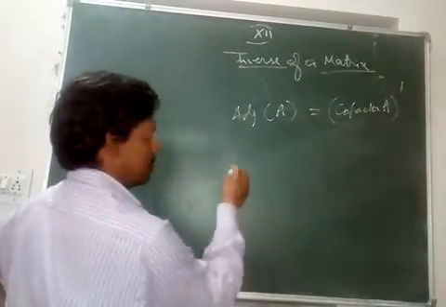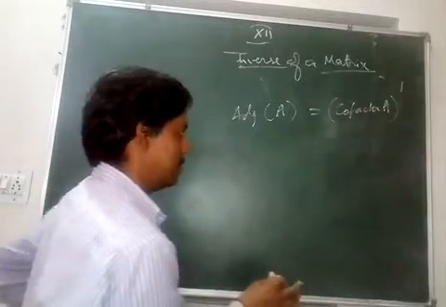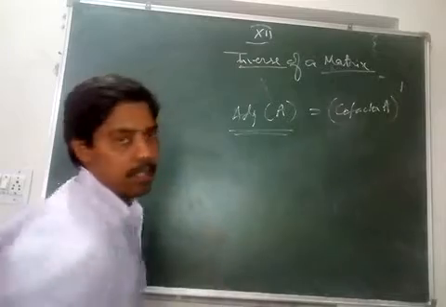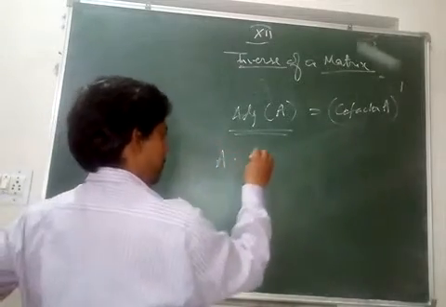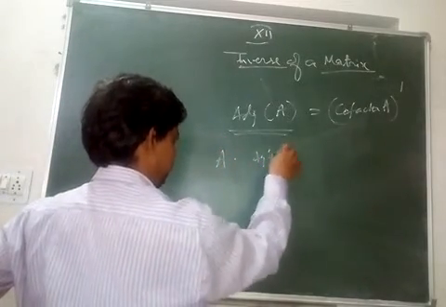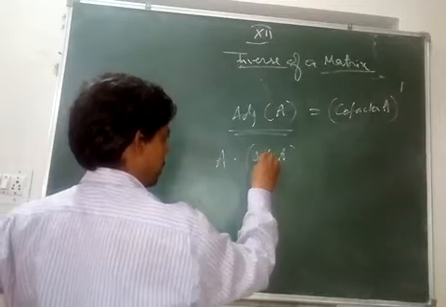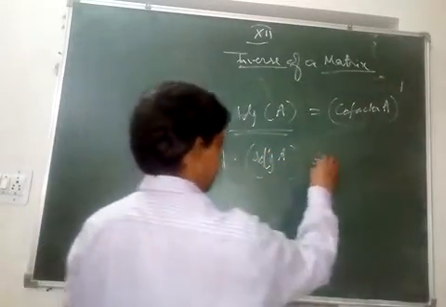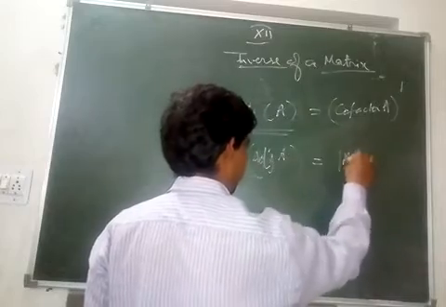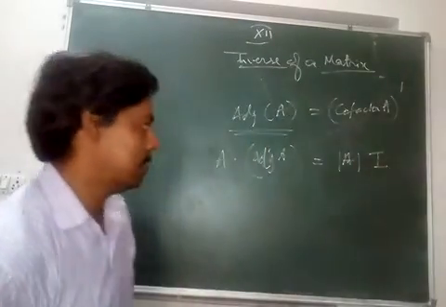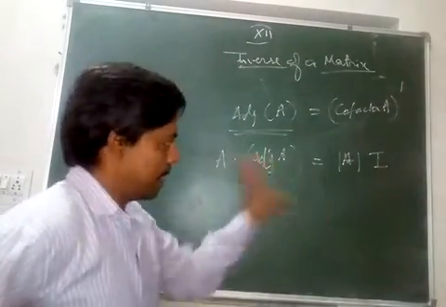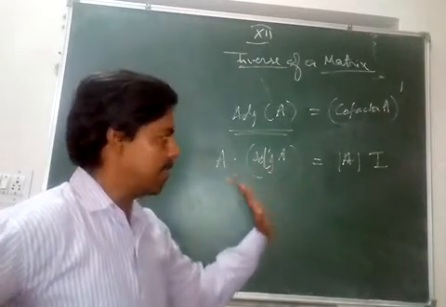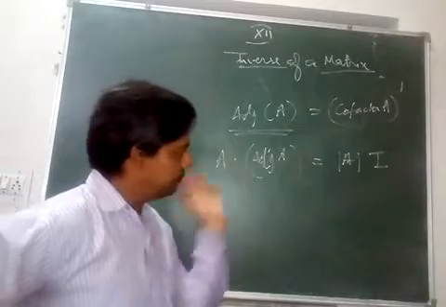And yesterday we have seen some theorems related to it. A very important theorem of adjoint A is that A multiplied by adjoint of A is equal to determinant of A into I, right? This is the theorem, very important one, can easily be proved for 3 into 3 order, and for other orders you can generalize and write this for any order, right?